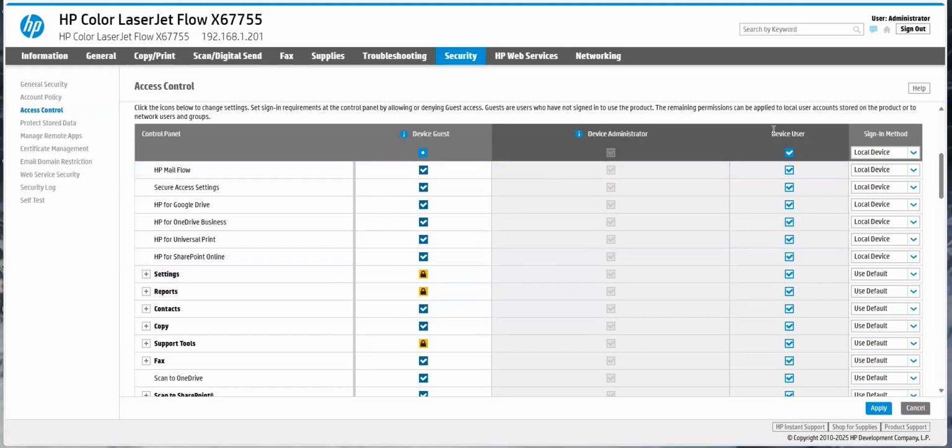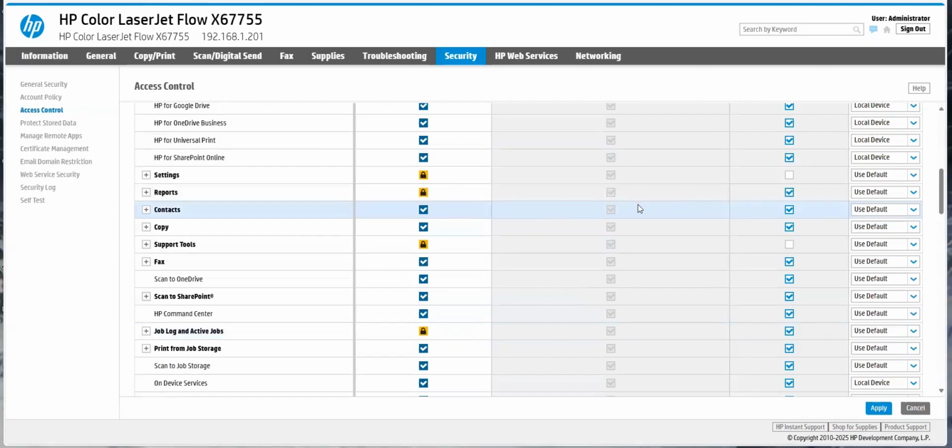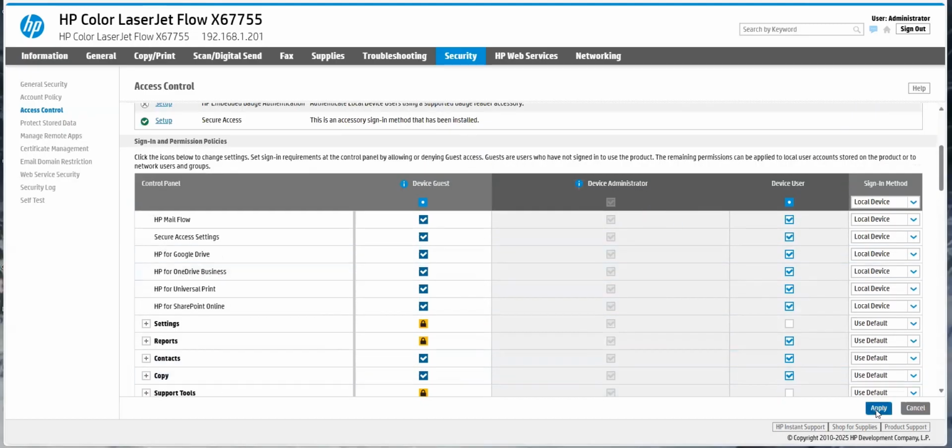So let's say, for instance, the device users, we're going to come in here and say, okay, you know what? We're going to allow the device users, we don't want them to have settings. We want them to have reports, but we don't want them to have support tools. And so we're starting to work our way up in who has access to what based on the permissions that they're a part of. So if I hit apply,